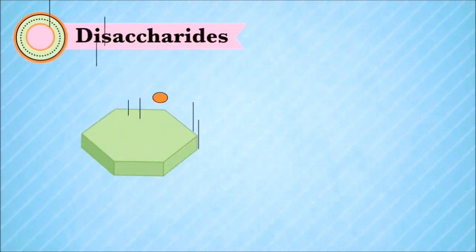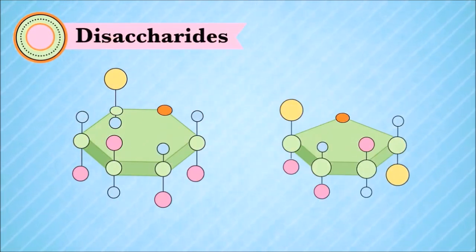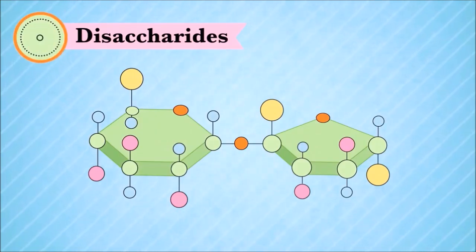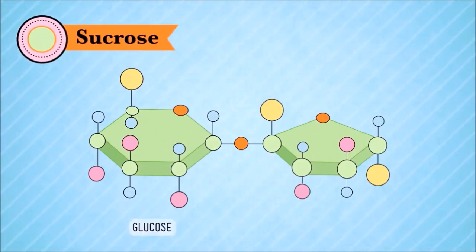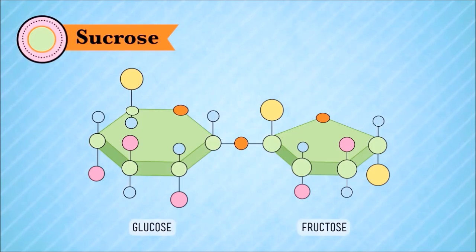And then there are disaccharides, which, like the name says, are just two monosaccharides put together. And the most famous of these is sucrose, which is simply a glucose molecule and a fructose molecule joined by a covalent bond. Mono and disaccharides are pretty much little niblets of energy that are really easy for our bodies to process.